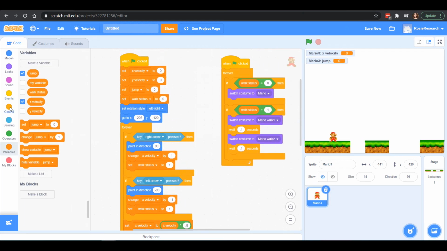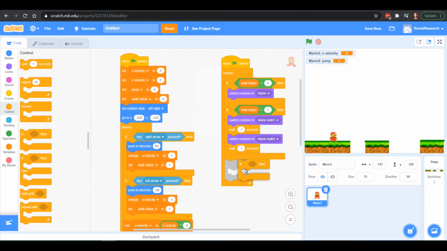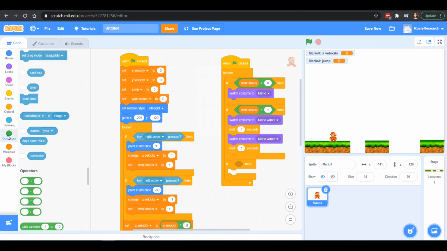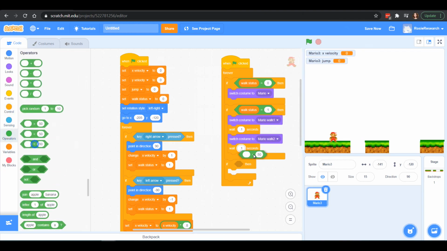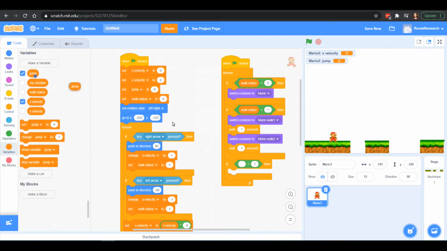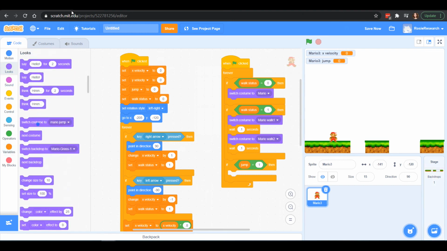So here we can add in another if, and that would be if our jump equals 1. Under variables, if our jump equals 1, then we want to switch our costume to our Mario jump.